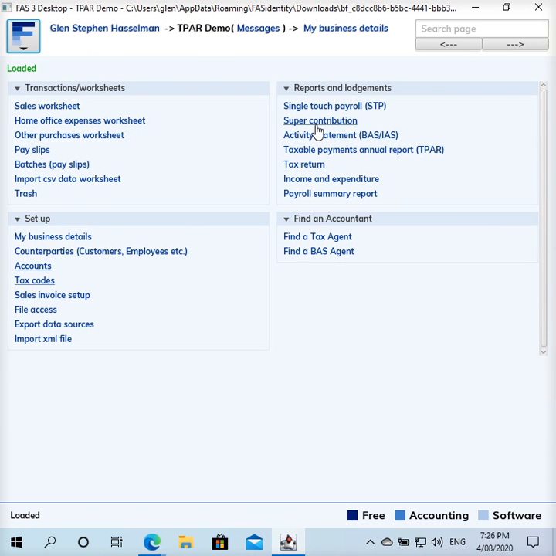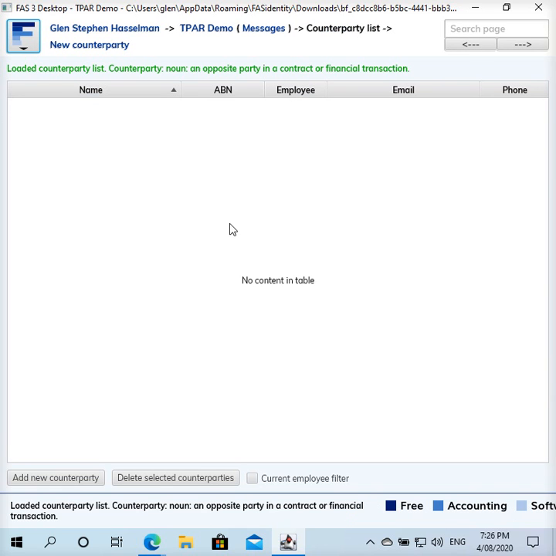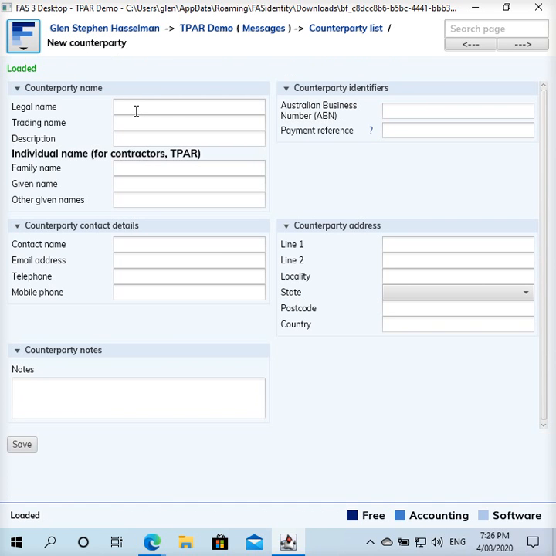The other thing you want to make sure of, if you are doing taxable payments annual report, is that you are recording all the information when you're setting up your suppliers. So if I select, I'll have to create a counterparty so that I can generate this TPAR, so I'll do that now. I'll just call it Bob Builder, and if it's an individual,